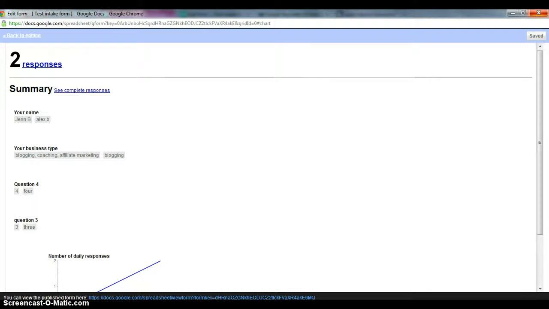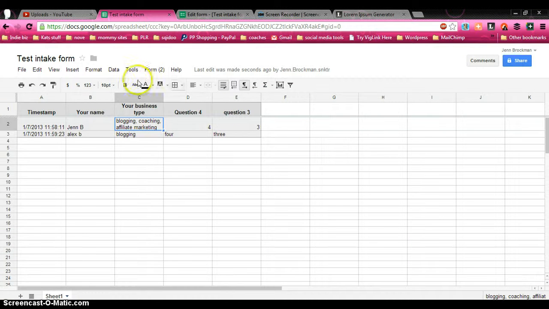So I'm sure there's more to it than that, but those are definitely the basics for getting started with using Google Drive for an